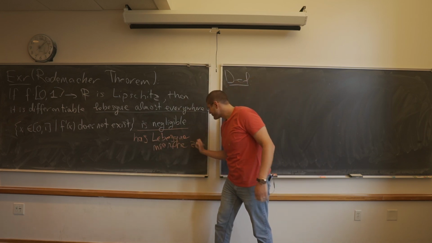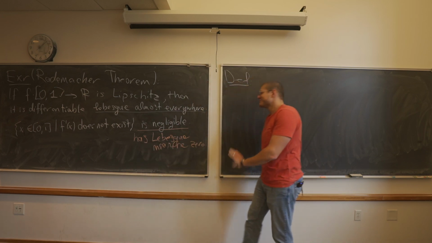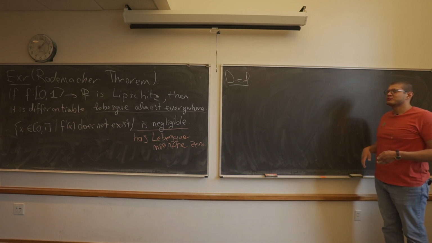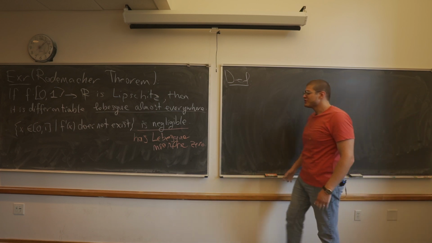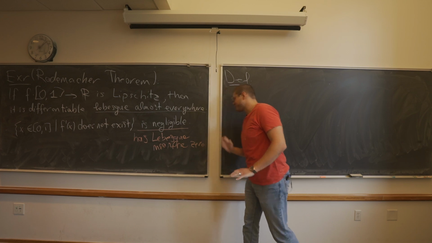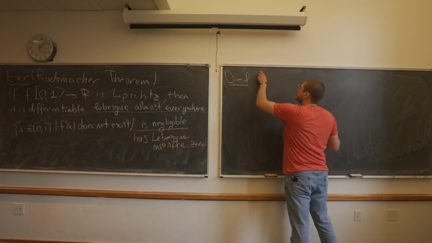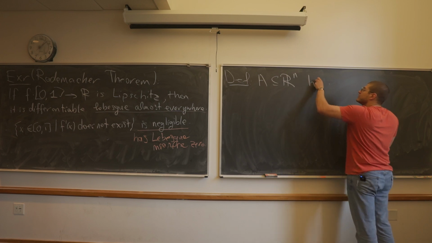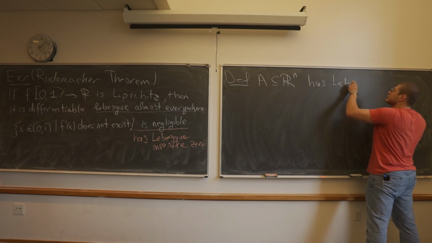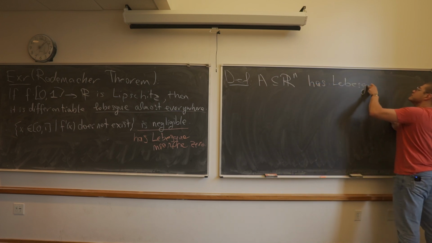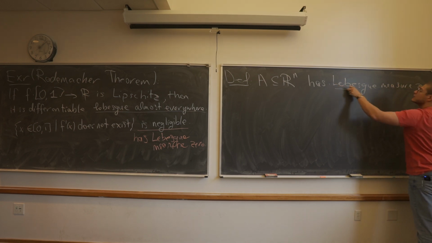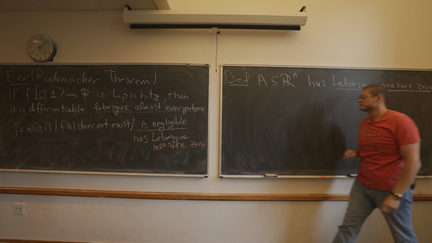Each of these words has its own meaning, but for now we're just going to learn what it means for a set to have Lebesgue measure 0, without really knowing what each of these words mean. A subset of Rn has Lebesgue measure 0 if